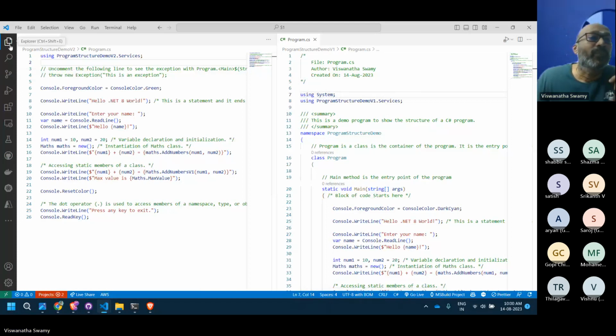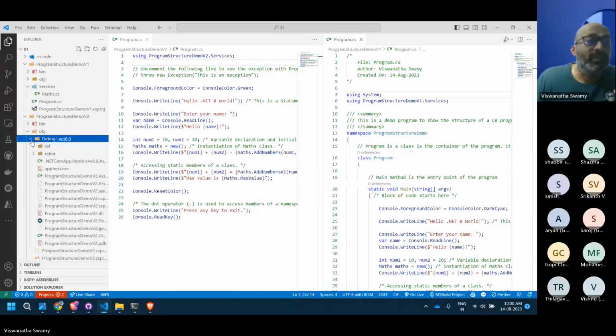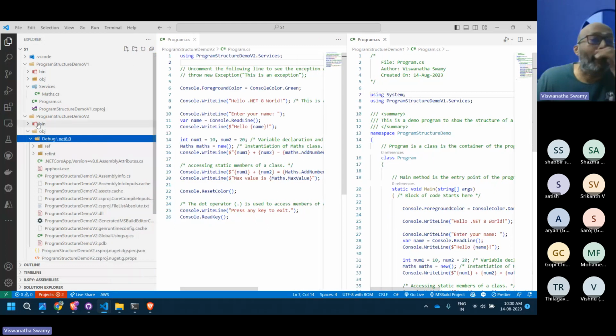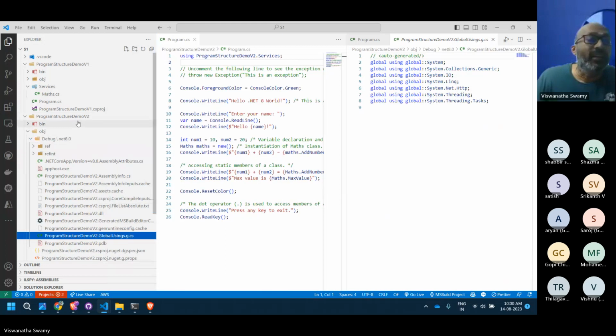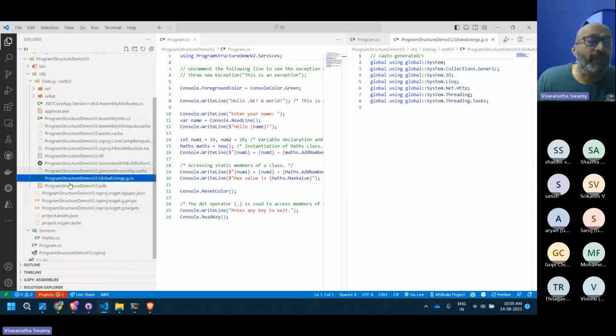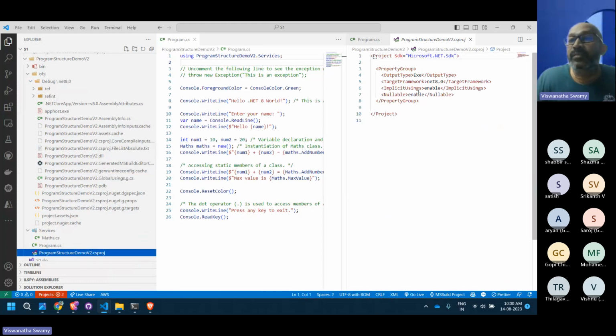That's because if you go into this obj folder, into the Debug, in the program with the project name, there will be a file called GlobalUsings.g.cs. G means generated. If you click on that, all the namespaces are here. So that means in this project, in demo 2, we told it to use implicit usings.